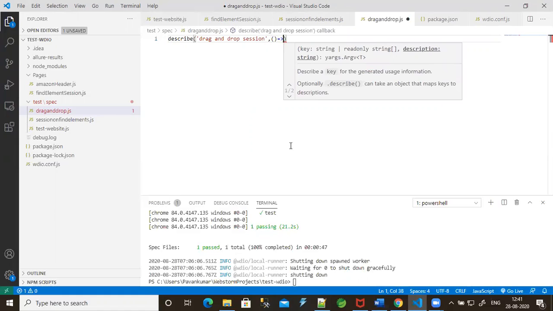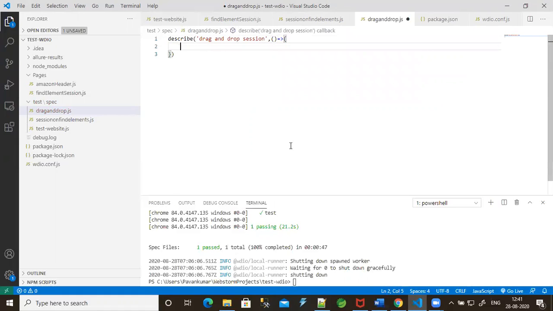Anonymous function or arrow function, sorry. Let me give it as an it block. I'm going to name it test for drag and drop, comma, arrow function.